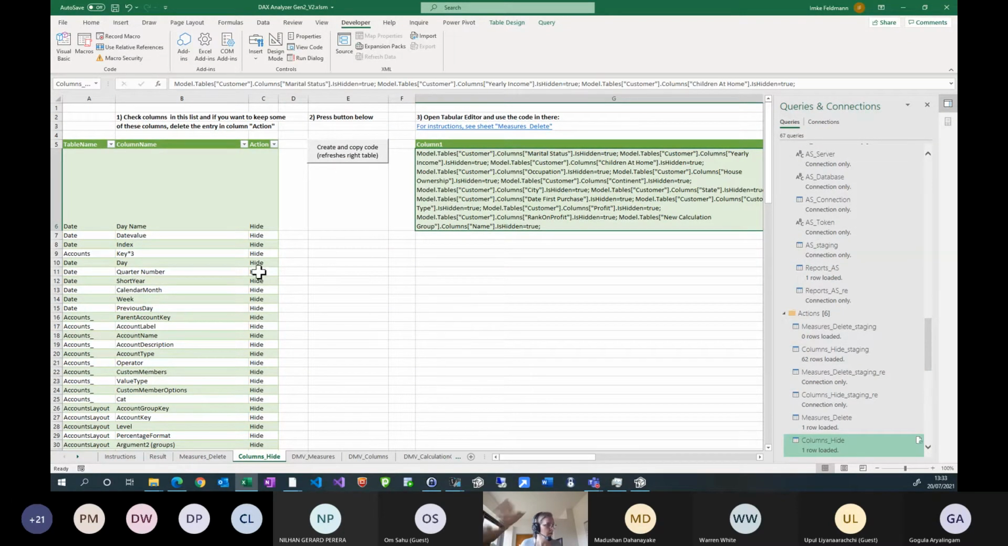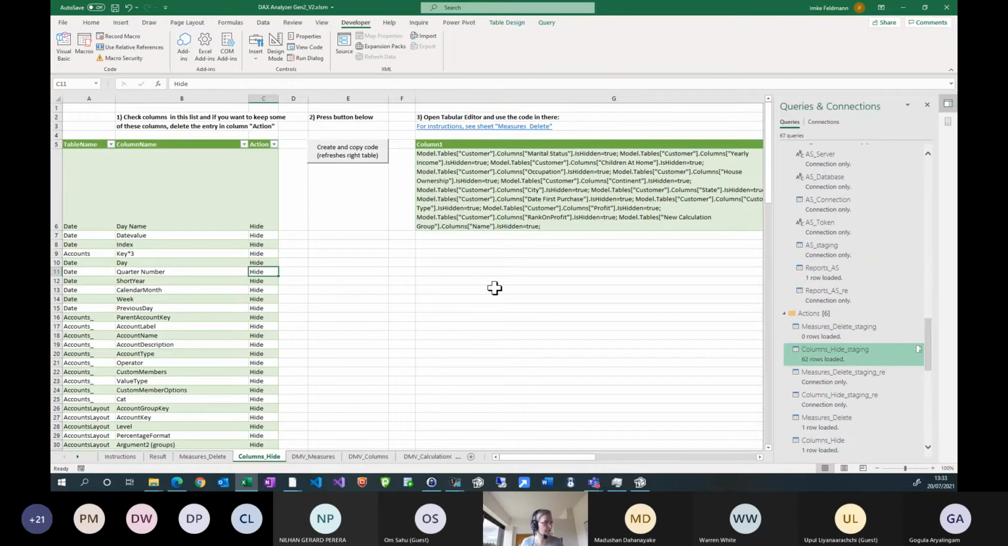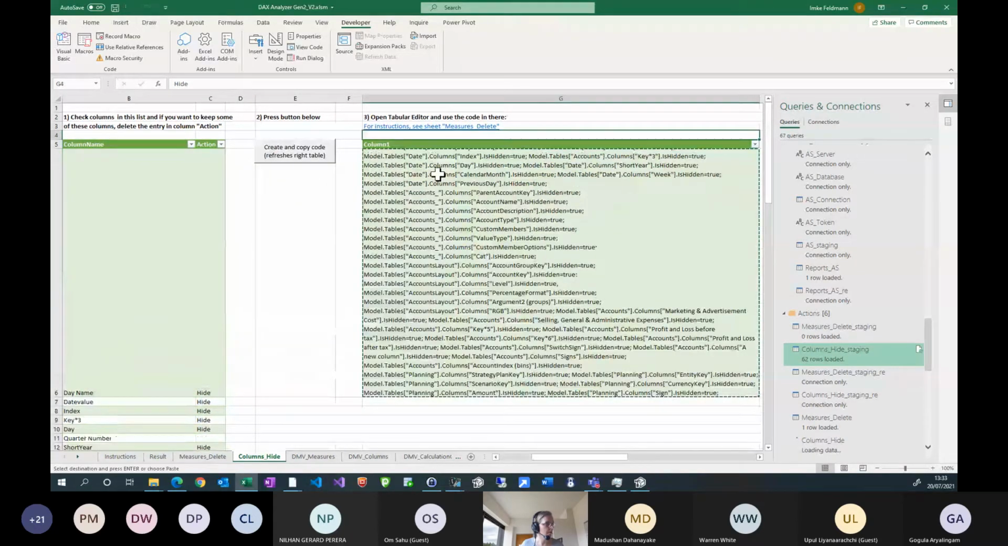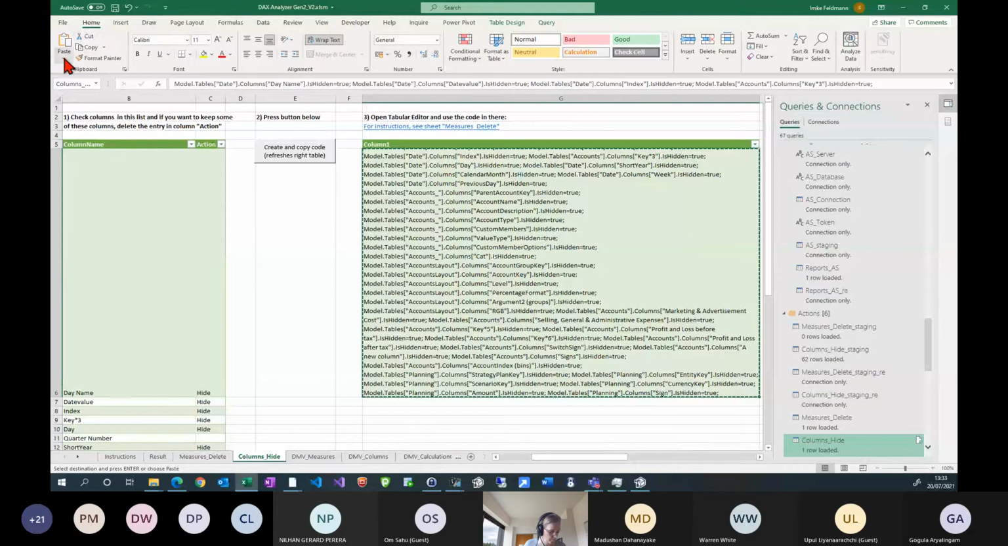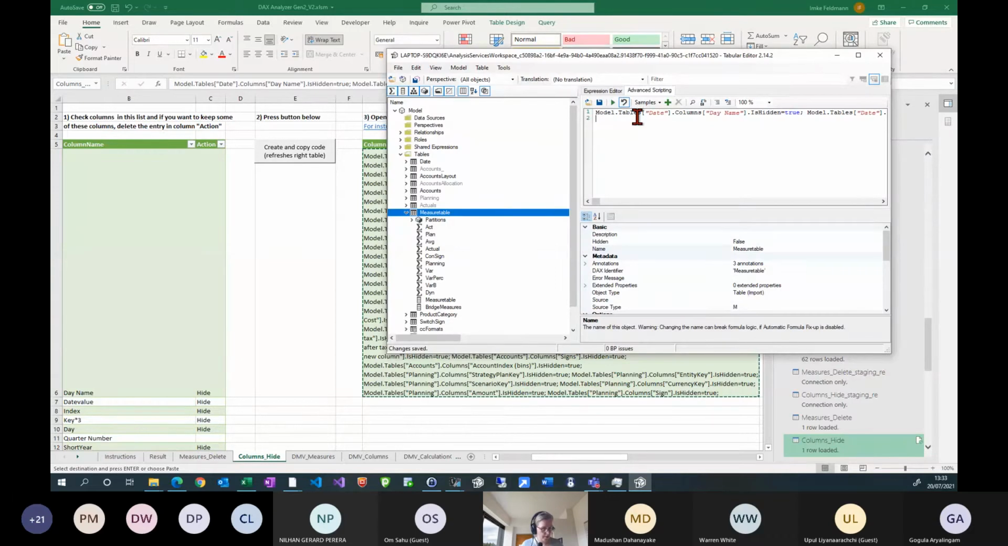But if you say, well, there are just some columns that I still want to keep, you just delete the hide entries in here. And then after you press the button here, the script will be updated. It will be automatically loaded into your clipboard, and you can then go over to Tabular Editor again and paste the script for the hiding